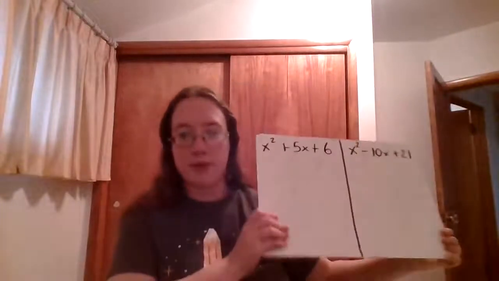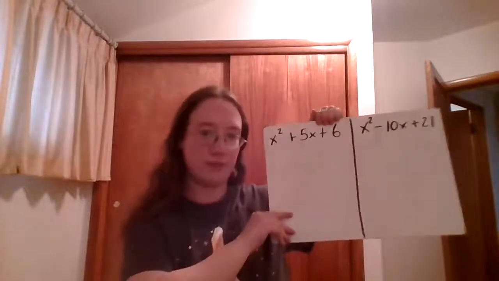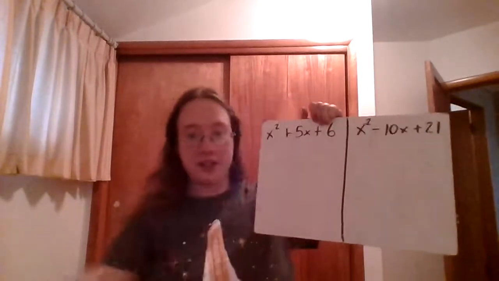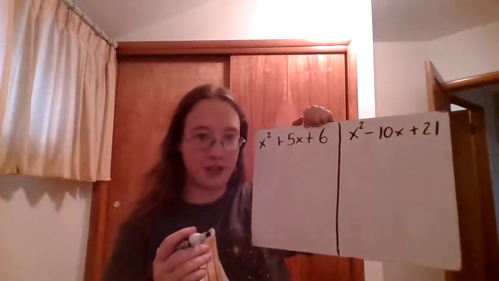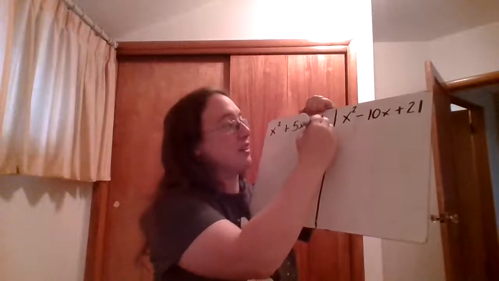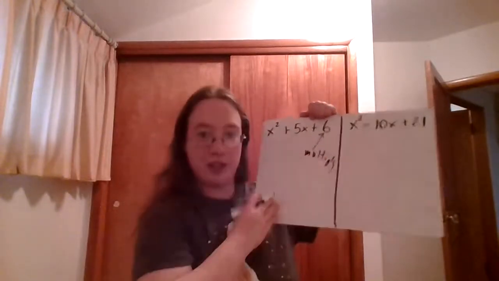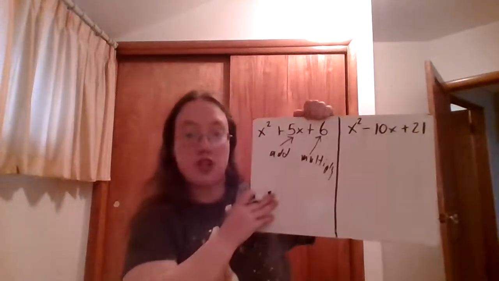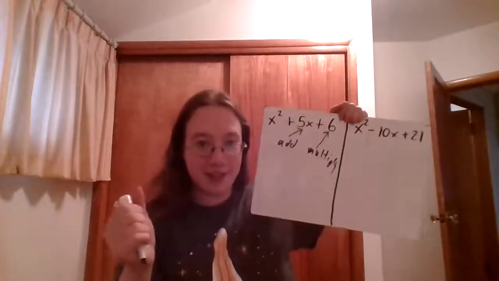So if we're factoring something like this one here on the left, which looks backwards because the video is flipped right now, but that's okay because hopefully it'll be on the left when you see it. So we're going to factor this one. And when we're factoring things, we're looking for numbers that multiply to give us this number, and things that add to our middle number. So we're looking for numbers that are going to multiply and give us 6 and add